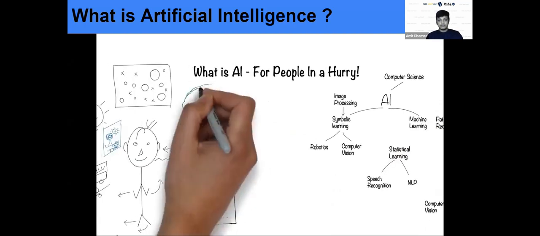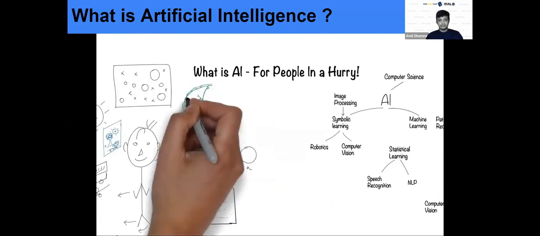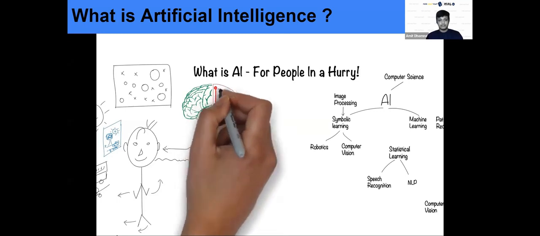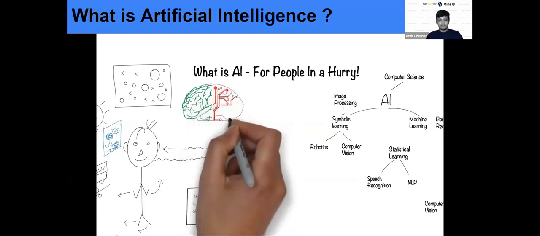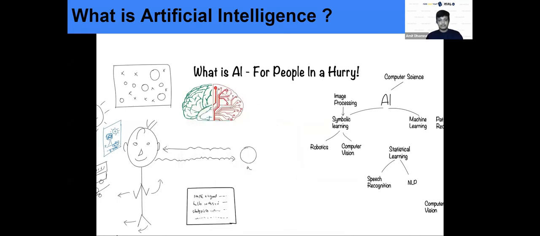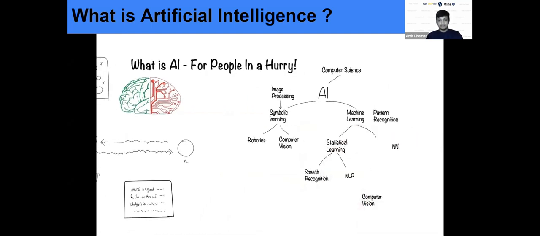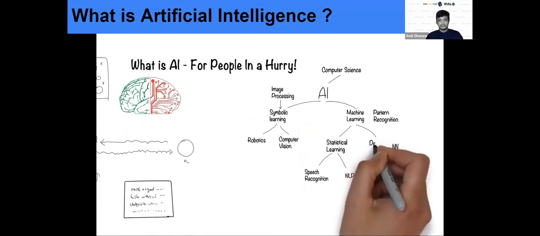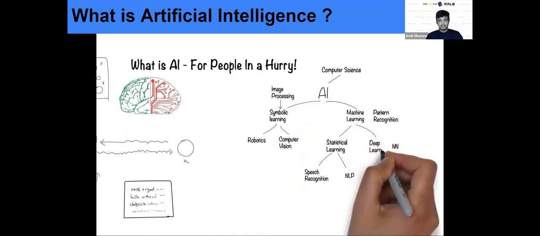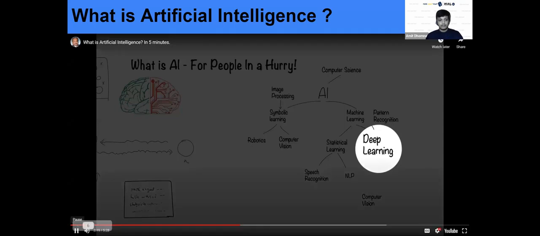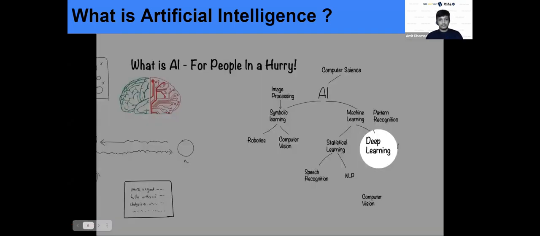Now let's talk about the human brain. The human brain is a network of neurons, and we use these to learn things. If we can replicate the structure and the function of the human brain, we might be able to get cognitive capabilities in machines. This is the field of neural networks. If these networks are more complex and deeper, and we use those to learn complex things, that is the field of deep learning.